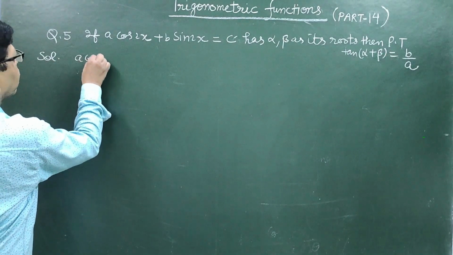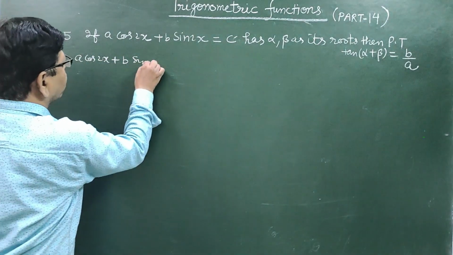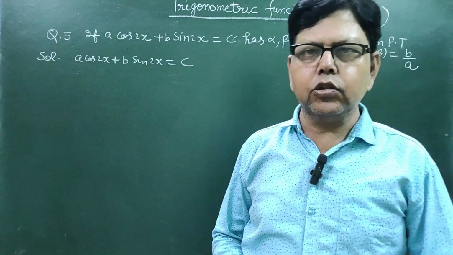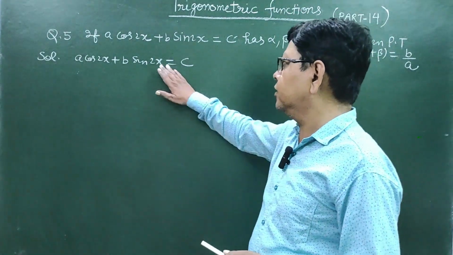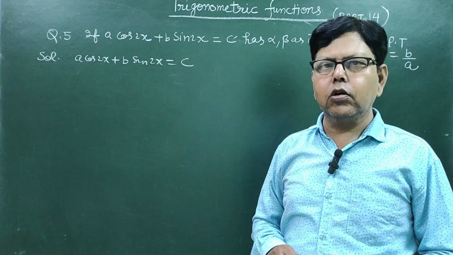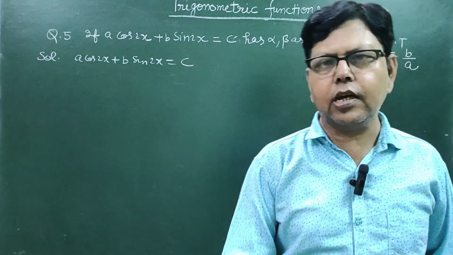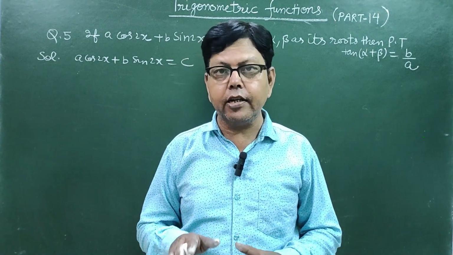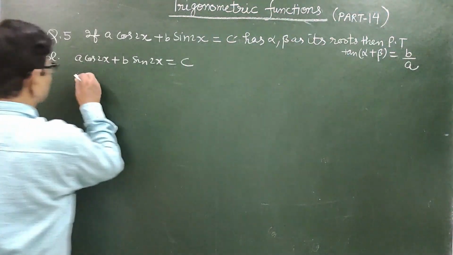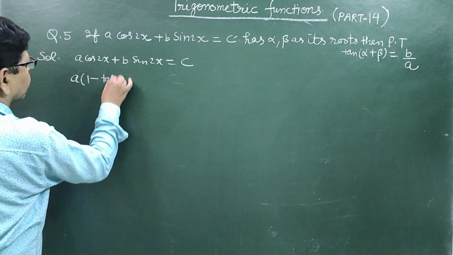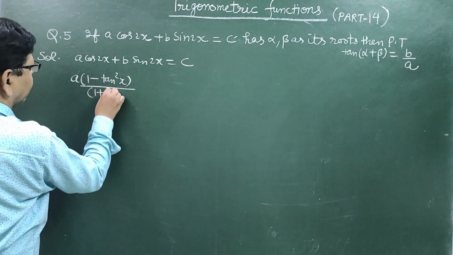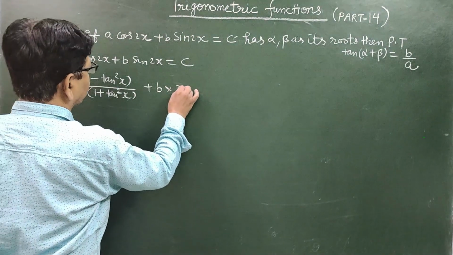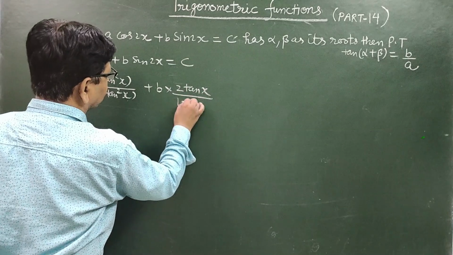Now a cos 2x plus b sin 2x is equal to c. Students, can we convert this cos and sin into tan? Yes. You know cos 2x is equal to 1 minus tan square x upon 1 plus tan square x. So making this equation quadratic in tan x, a into 1 minus tan square x upon 1 plus tan square x plus b into 2 tan x upon 1 plus tan square x